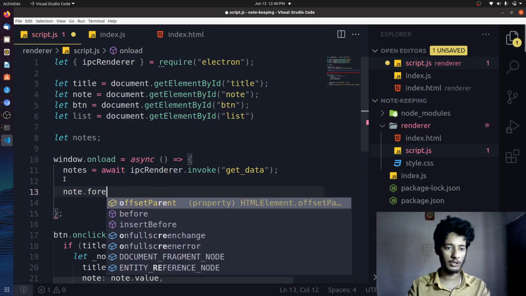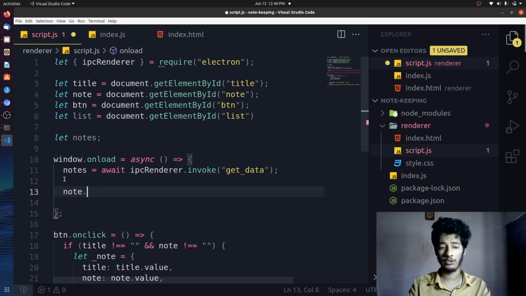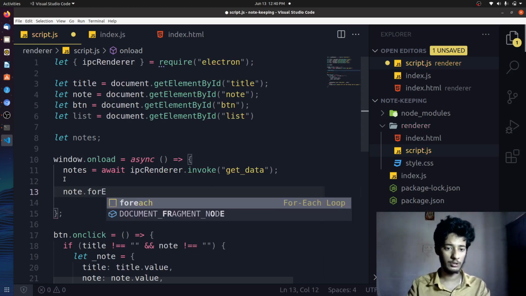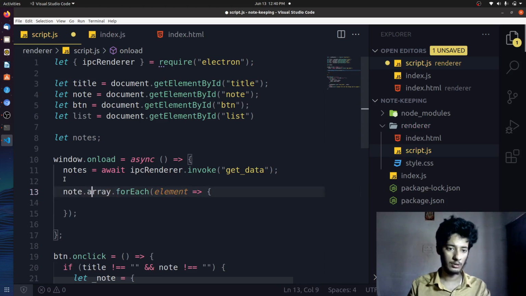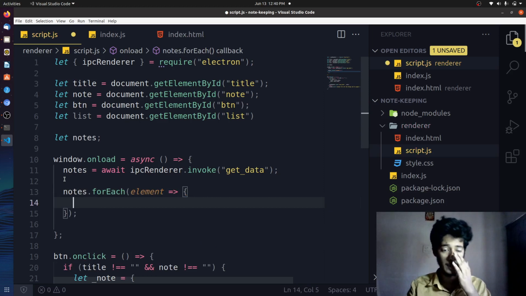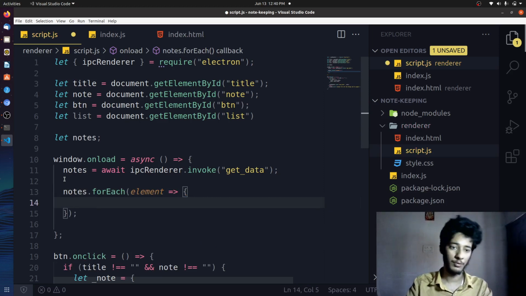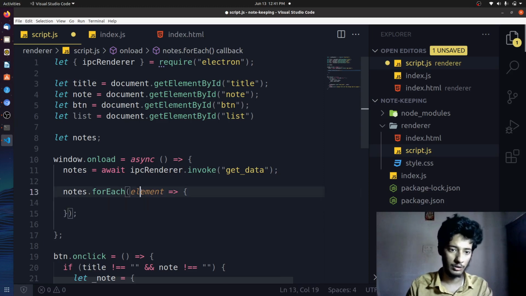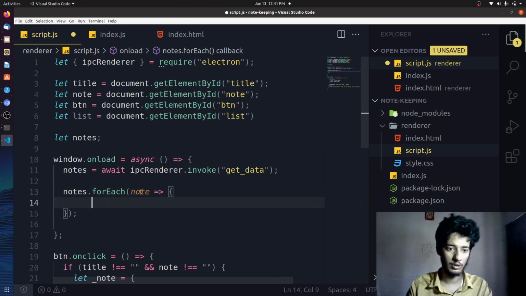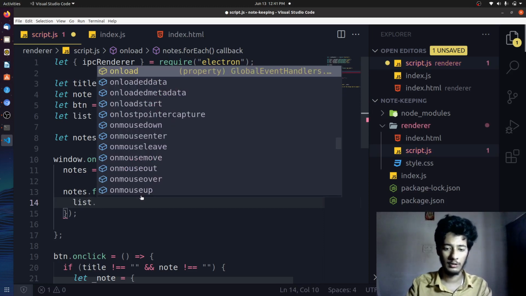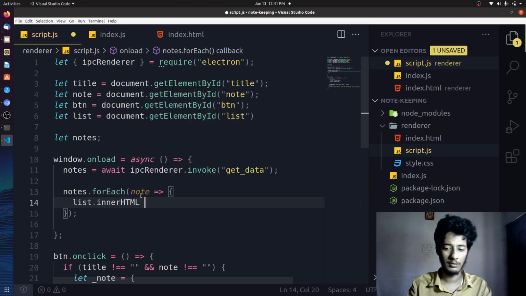Nodes dot forEach, like this is actually an array, so we can say forEach. Okay, once we have the array, we can say we have each element, so we can say note. This is the note, and list dot innerHTML plus equal to